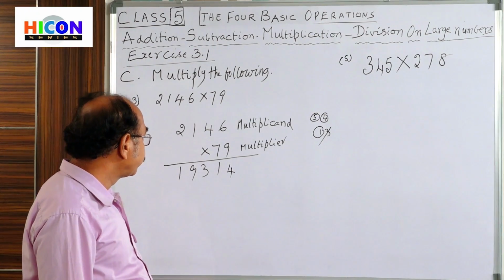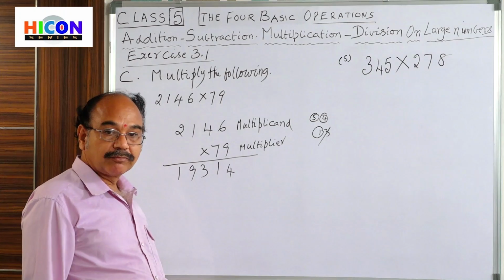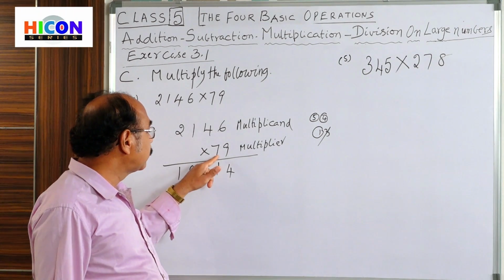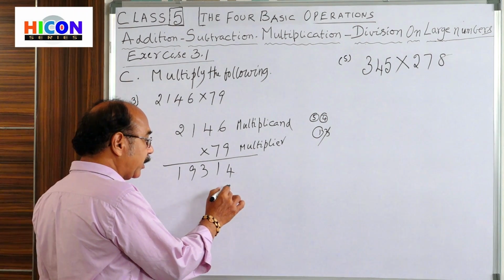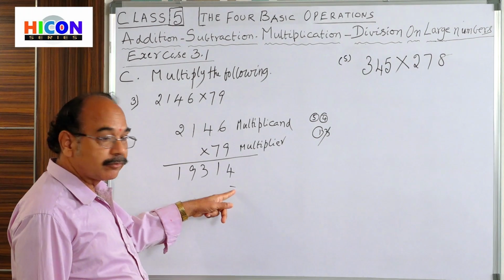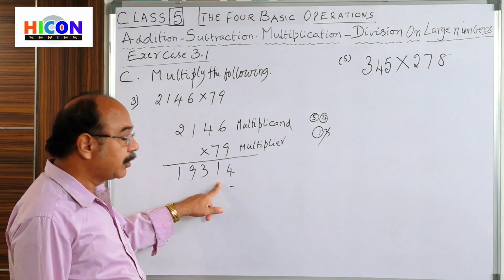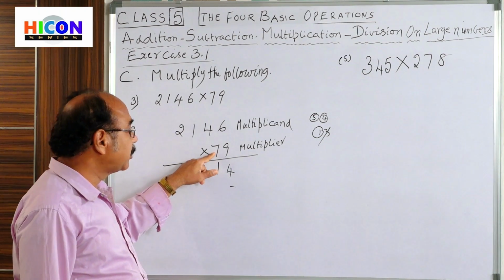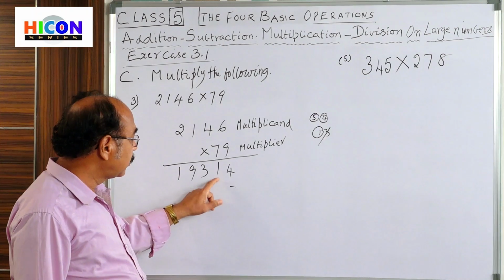Okay, children. Now, multiply with 7. With 7. That means we are multiplying with the 10s digit. That's why leave this place here. Now coming to the 10s. That's why we are multiplying with the 7 now. That's why this is the 10s digit. That's why we start the number from here.